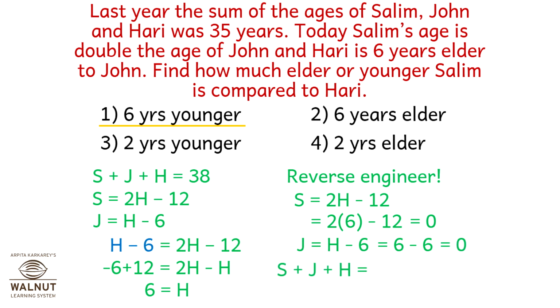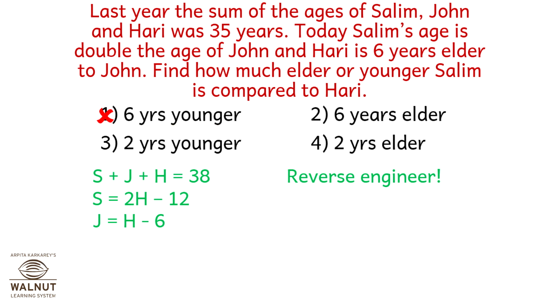Now S plus J plus H we know is 38. But what do we get it now to be? It becomes 12. So option number 1 is not right. Let's try 6 years elder. So we have S is equal to H plus 6, which is 2H minus 12, which is